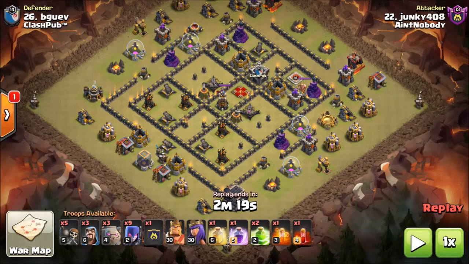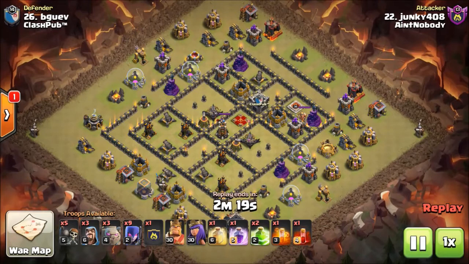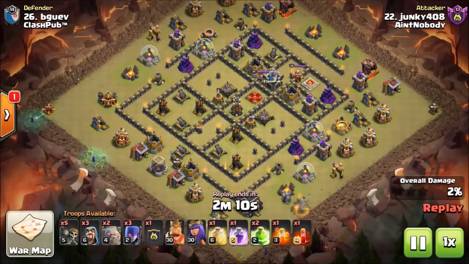Junkie is taking 5 wall breakers with him and a few wizards, only 3 wizards, but 3 golems and 9 witches, CC bowlers, 2 jump, 1 heal, 1 rage. That is the stuff that is the same. Only he's taking some wall breakers basically. Let's see where he uses the wall breaker, and let's see where you can use them as well if you